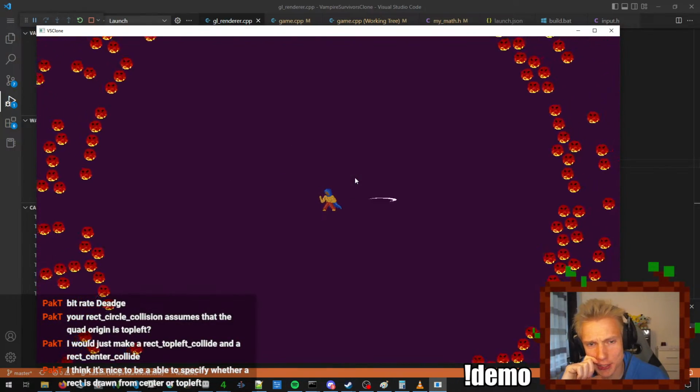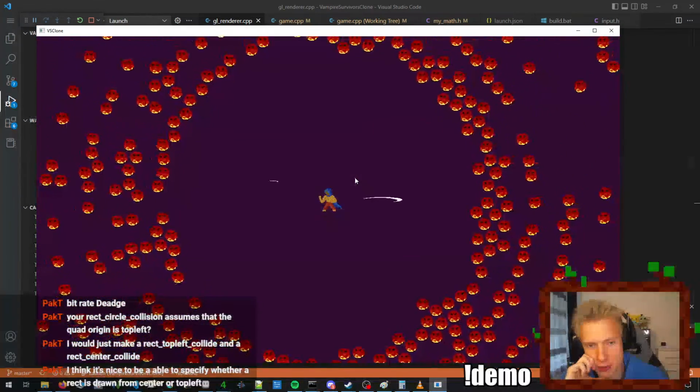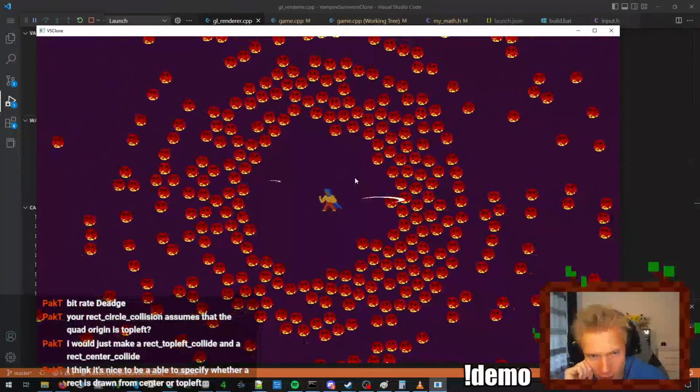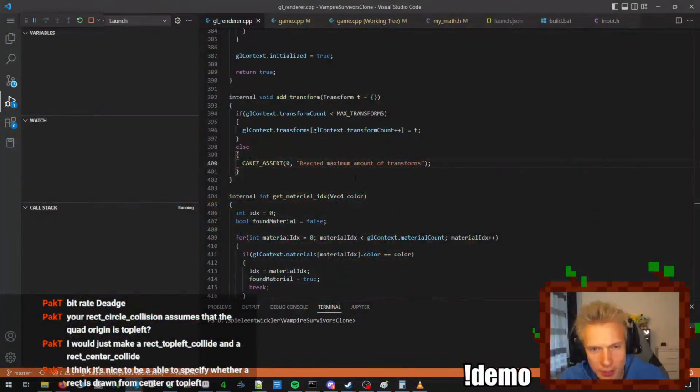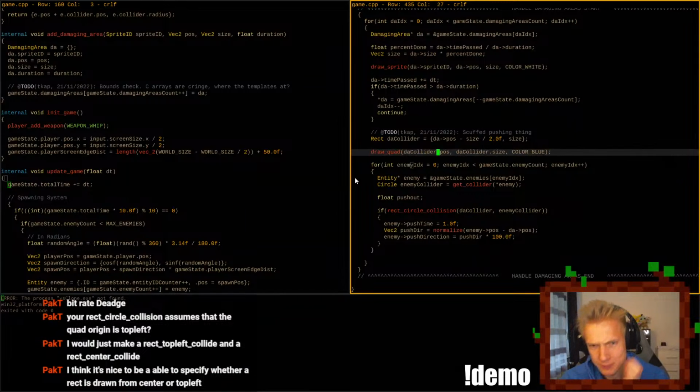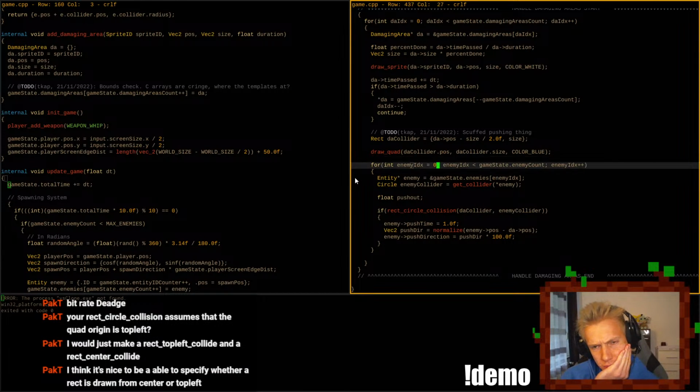Look at the collider. Wait, why is the collider so small? It's literally just a point. Huh? It's 1,1.